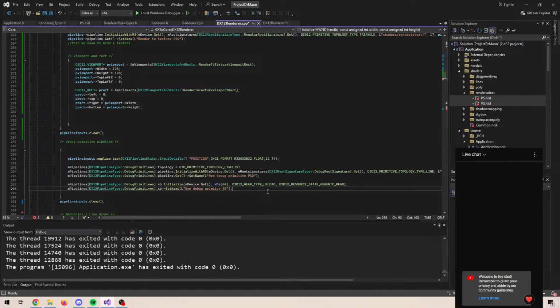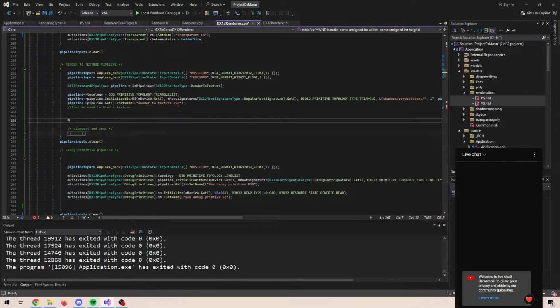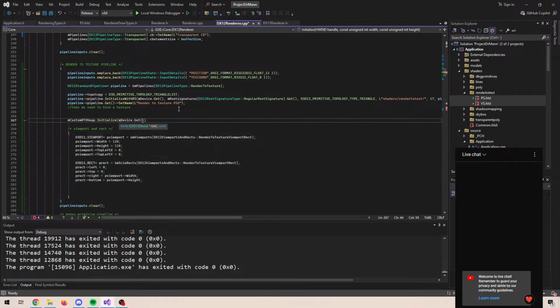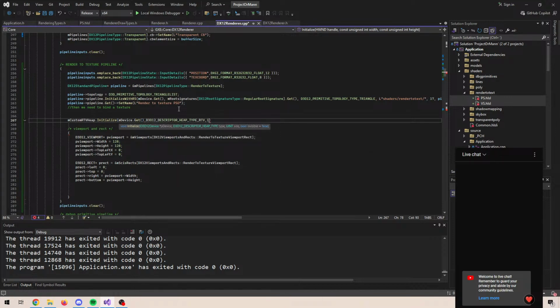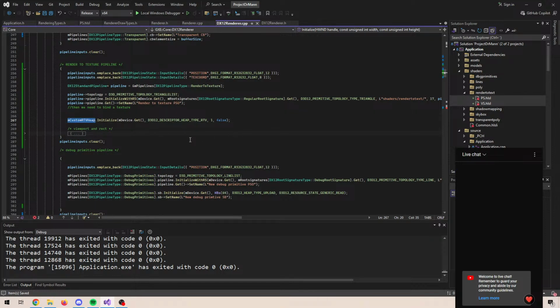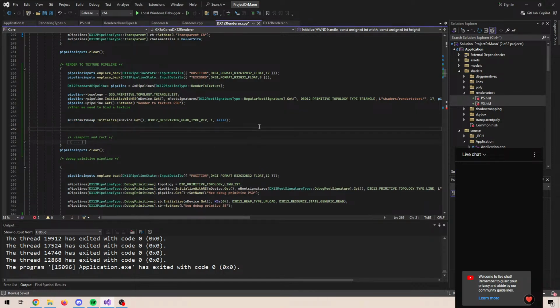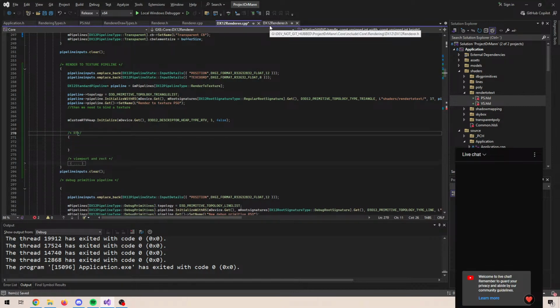And then, oh, that's the debug one. Then we want the custom RTV heap to be initialized. Let's create a custom heap here, false. Okay, and we probably RTV creation,